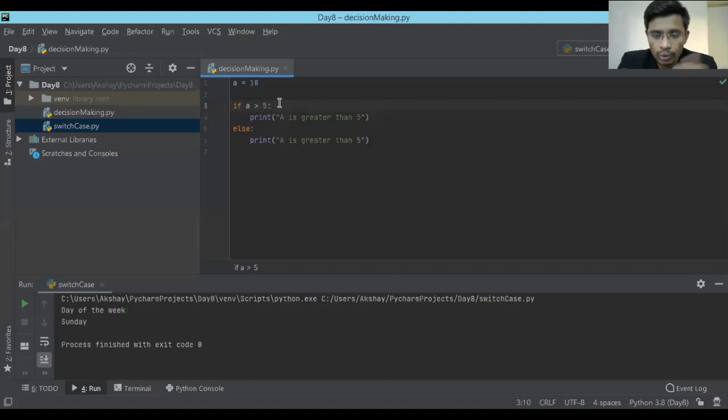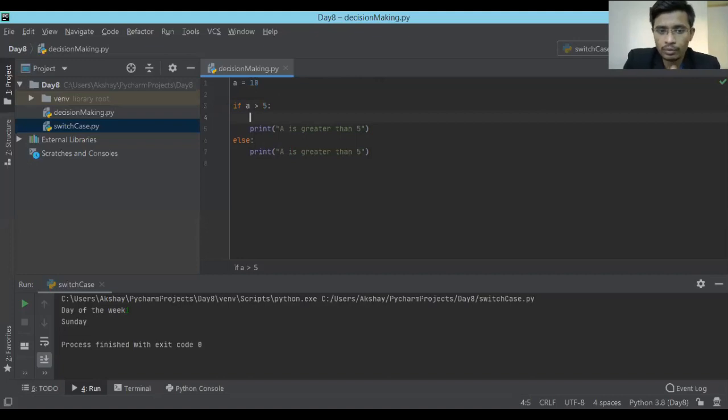Whenever you want to go inside, on the next line it should have 4 spaces or 1 tab, that indentation. That is the proper word, and we are going to follow that word going forward. It is not called a tab or spaces, it's called indentation in Python. Indentation. Is it clear till now?